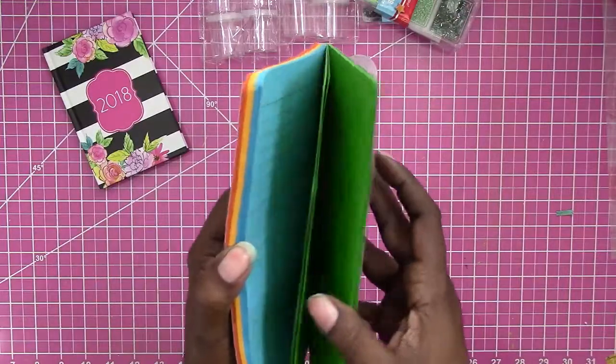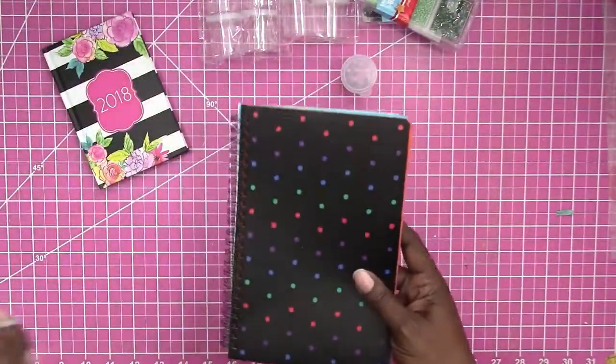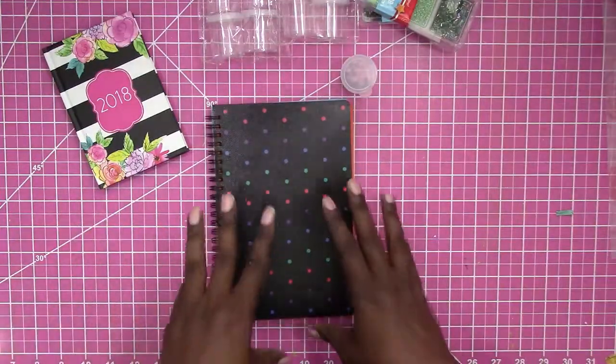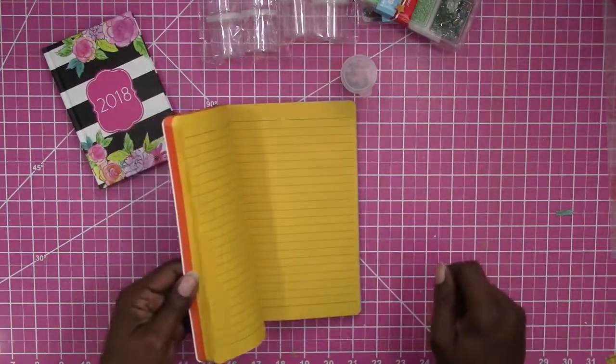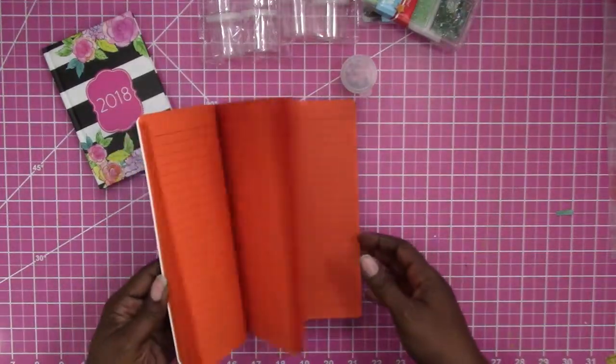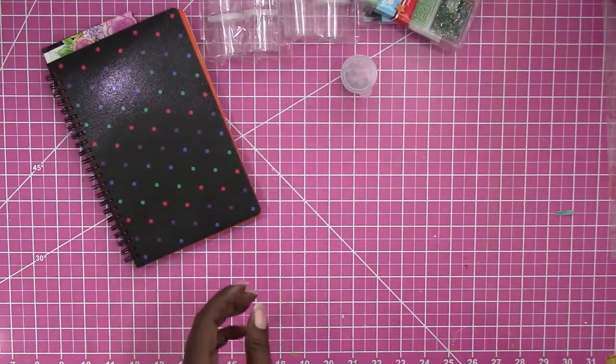You could use one color for whatever notes, and so I thought this was cute. And since I like to have notes when I'm working on a computer, this will be great just to scribble things down that I may not necessarily want to put in my traveler's notebook. So I picked that up, and